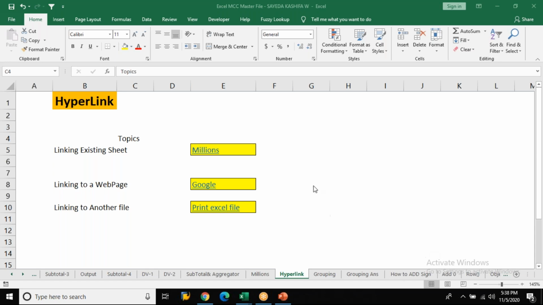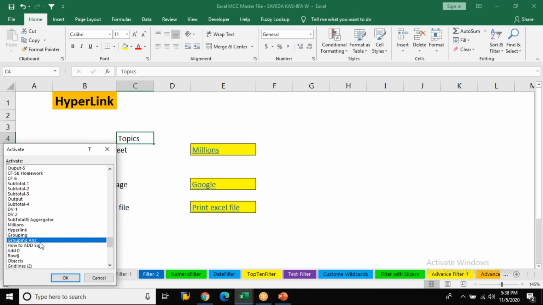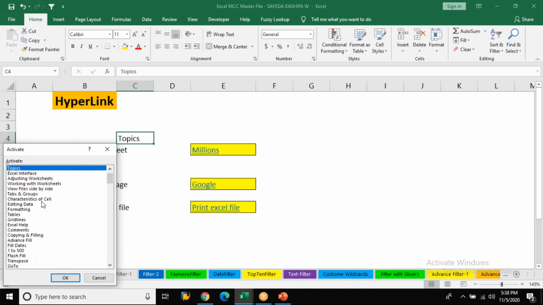Text to Columns. Excellent. So if you want to split the data, it is Text to Columns.